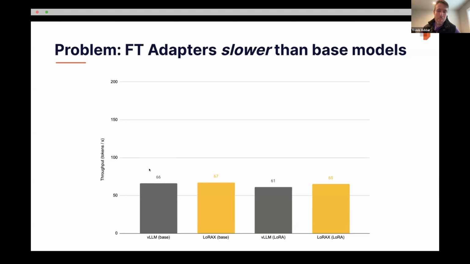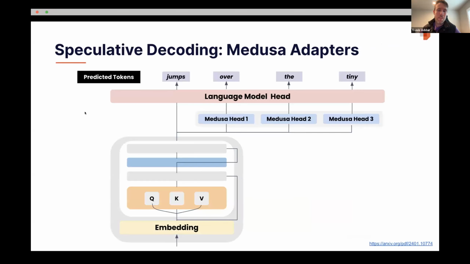It's pretty well established that there's a bit of a performance hit you take when you serve a LoRA model. Here, I'm comparing just vLLM and LoRAX, to show that it's not just one framework that has this issue. So about parity on base model performance, and then you'll notice a bit of a drop when we introduce the LoRA. But there are ways we could potentially flip this around and think about the LoRAs being